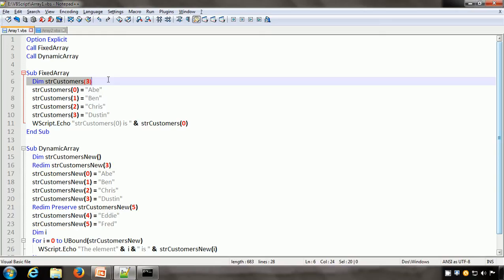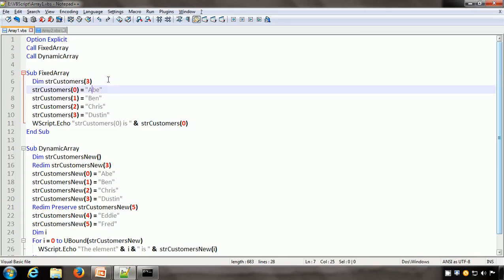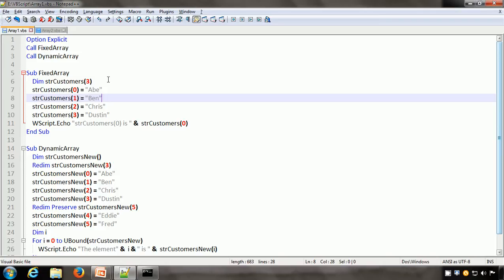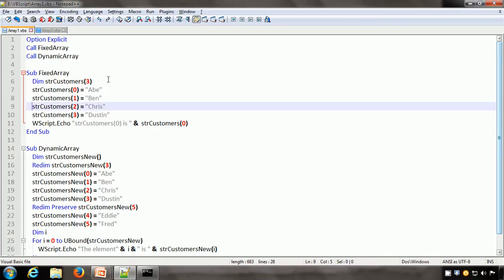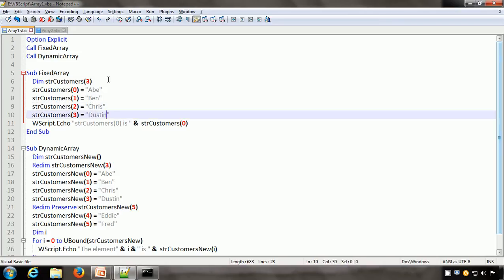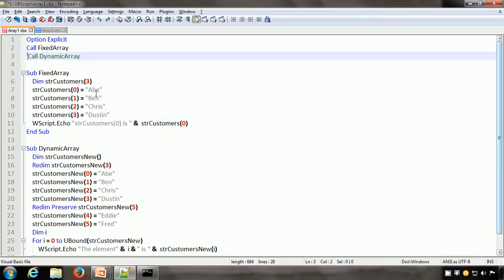This means that this is an array variable and it can contain 4 different data values or elements. So we can assign separate data to each one of the elements: str0 is some name, str1 is some other name, similarly str2 and str3. So let us execute this script.